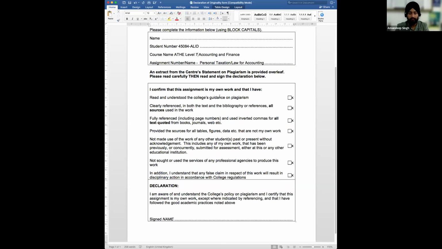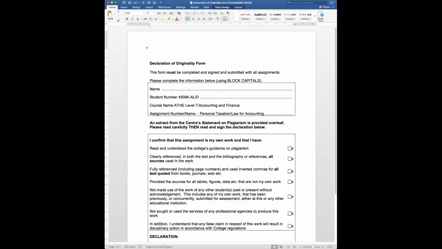Yeah. Brilliant. So once you have done this one page of declaration of originality, you will just save it. While saving it, you will just write a short declaration of originality. In the starting, just write the unit name, personal taxation, and your name.